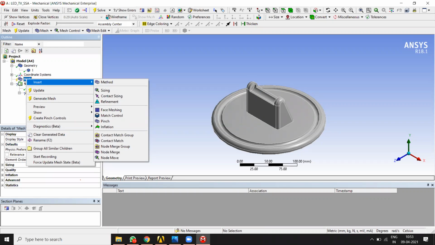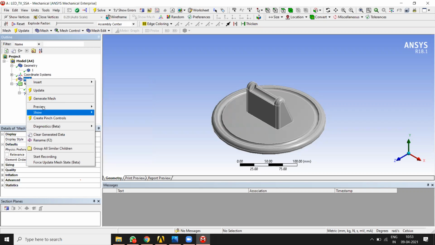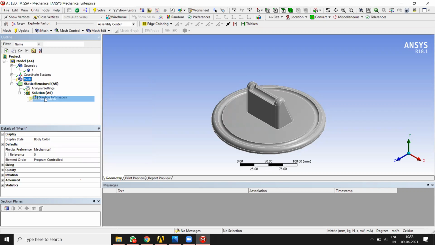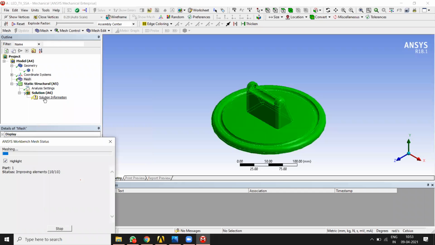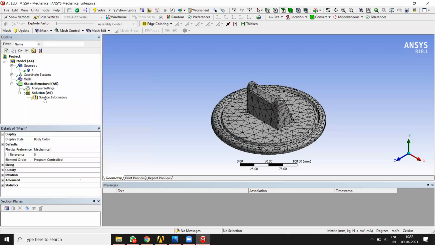By default, we will generate the mesh with the default settings. Right click on the mesh and then click on generate mesh. In a few seconds the mesh has been generated. This is a coarse mesh.